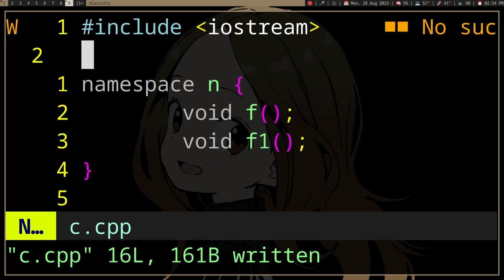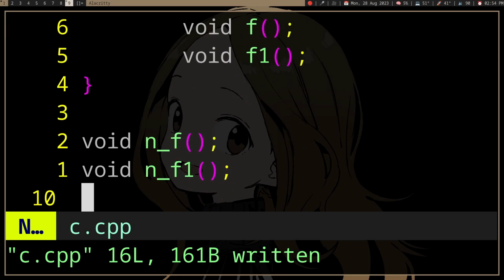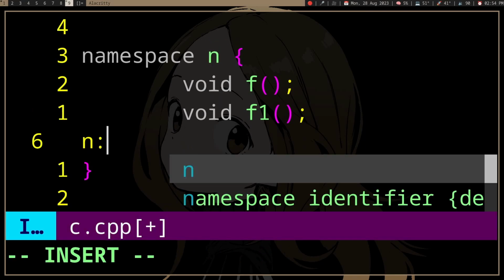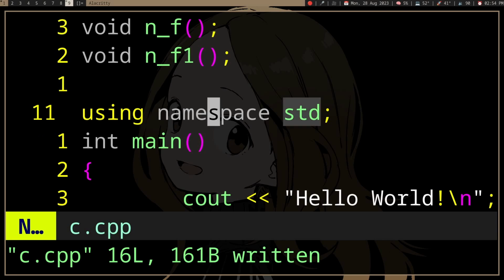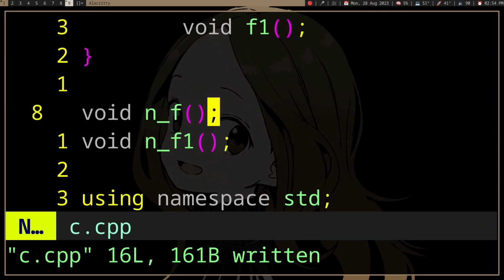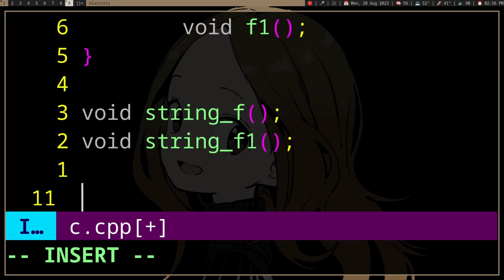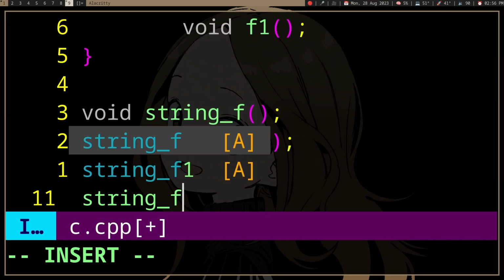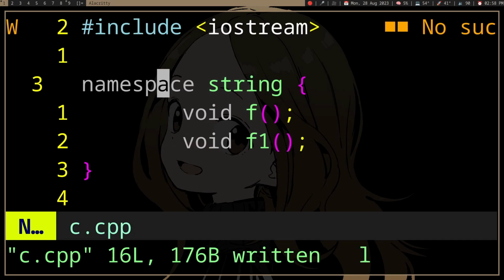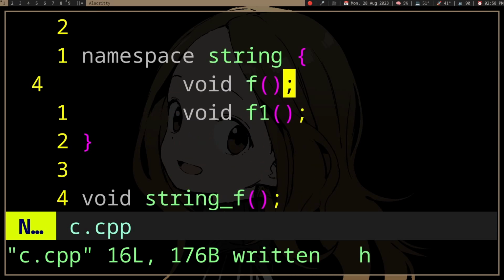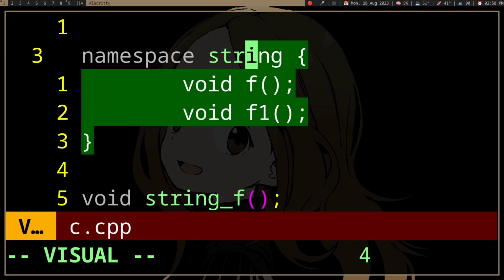And the advantage of having namespaces is that you don't actually need to use the namespace every time if you use using namespace something, right? So usually if you have a library and let's say string f1, if we want to use the library functions, well, we need to type the whole thing. But with namespaces, if you have a lot of functions that you want to call with this namespace,